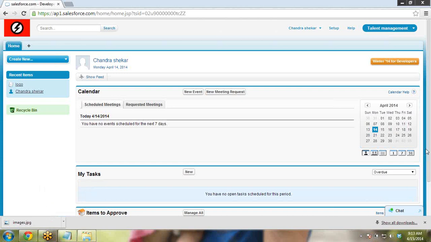Arjun is asking me, is Salesforce platform more CRM centric when companies implement it? It totally depends, Arjun. There are companies who use only the CRM specific objects. There are companies who use 50% of CRM objects and 50% of custom objects. There are companies who only use the custom objects. They don't use the CRM objects at all. So it totally depends on the kind of requirement. But because Salesforce is providing so many